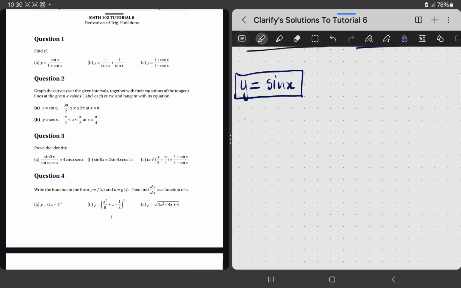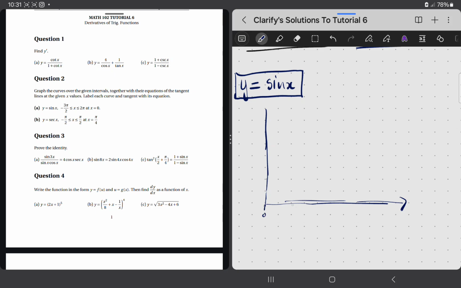We want to put the graph of this. Sometimes you can see it being written as f of x equal to sine x. We know that f of x is just another way of saying y. Now we should be able to put the graph of y equal to sine x. How do we do that? Well, you can use your calculator. This is so easy because you need to have positions that are of importance to you, and these positions are